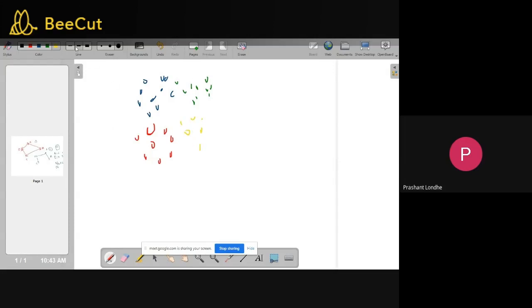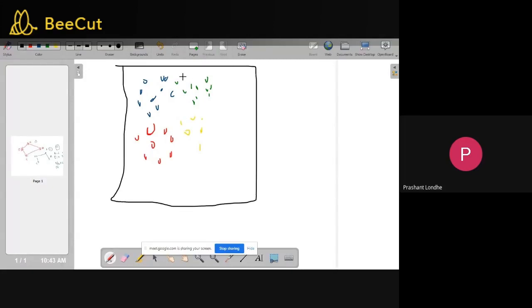Now let us consider that these are the students from Gupte College. The blue ones are students from computer science, the green ones are students from physics, the yellow ones are the students from chemistry, and the red ones are the students from biology.